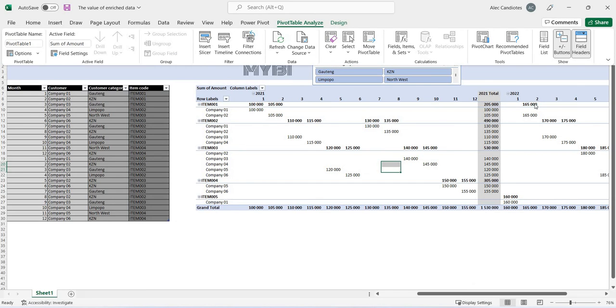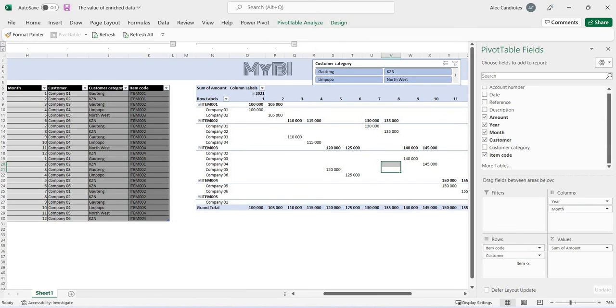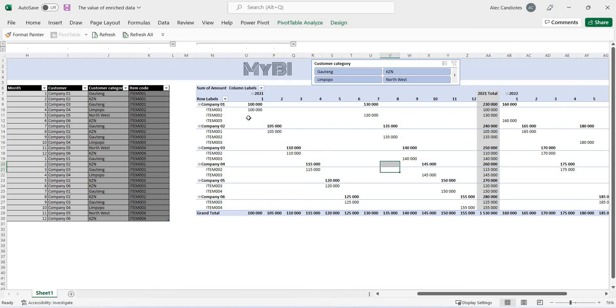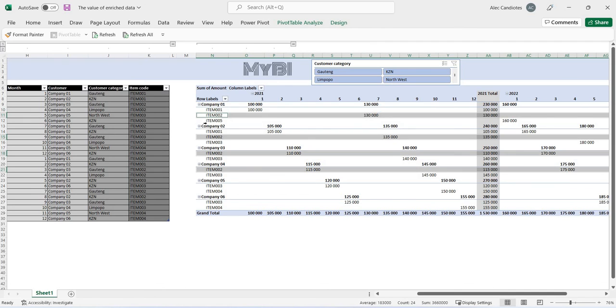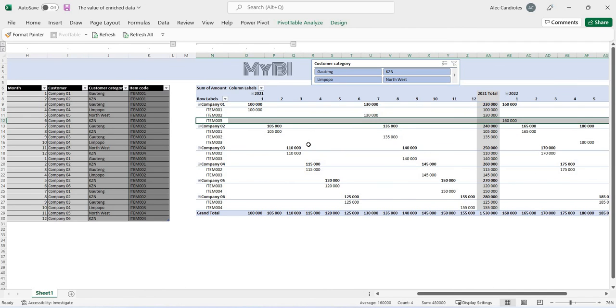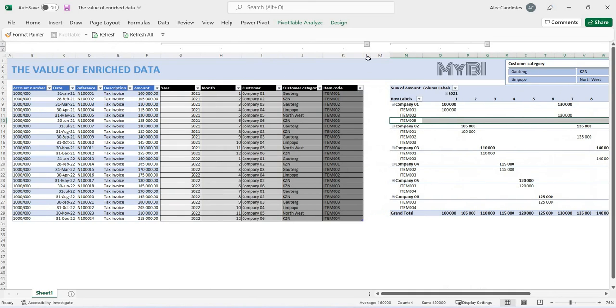Or we can do it differently. We can actually just pop it down to the bottom. Let's just see what we see then. Now we've got, well, company 1 we made sales to them of item 1, 2, and 5. And you can even do this. You can just highlight it, and you'll see where item 1 pops up, item 2 pops up, and item 3 pops up. So you've got all this nice information that you can suddenly see differently just from this small little data set